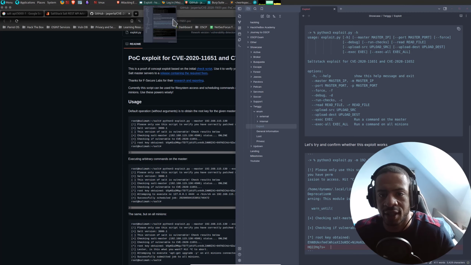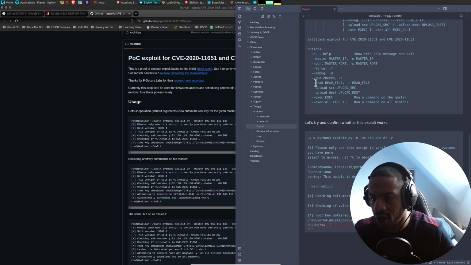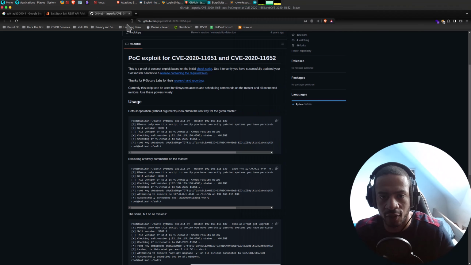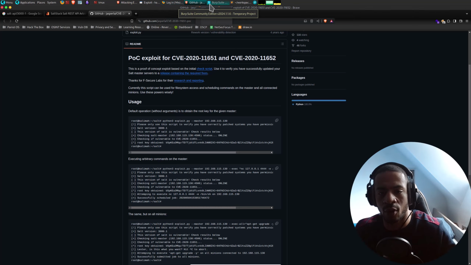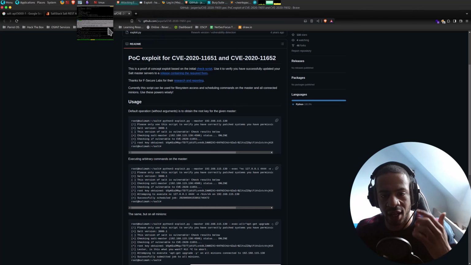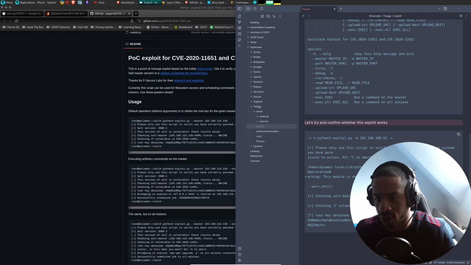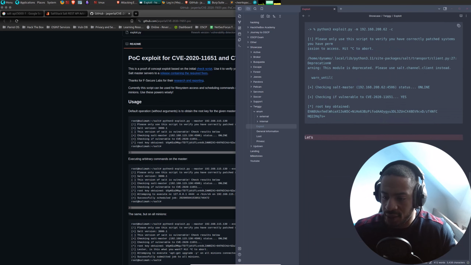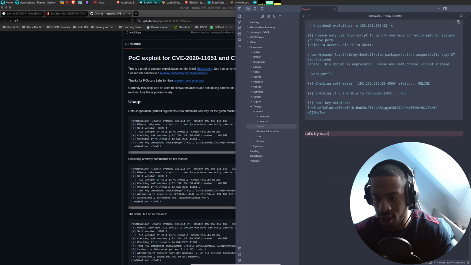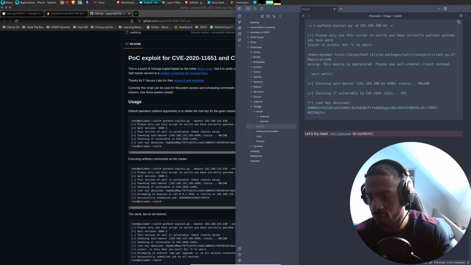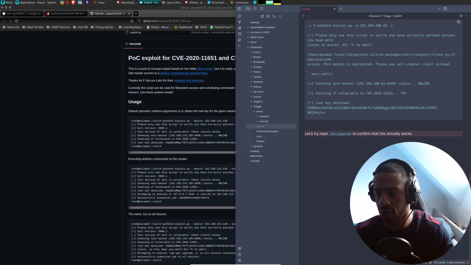Let's try and get /etc/passwd. If we can read files, then let's try and get /etc/passwd and confirm that way, because it's a bit more visual, and then we can clearly say if it works or not. Let's try read /etc/passwd to confirm that this actually works.